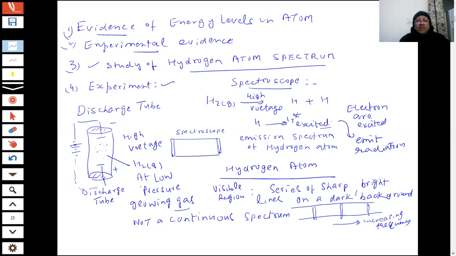Is it clear up to now what I said? What I am studying is the hydrogen spectrum. In a discharge tube you apply high voltage at very low pressure. There is emission of certain wavelengths of radiation. We pass the radiation through a spectroscope and get the lines. What we obtained was a line spectrum, not a continuous spectrum. This is a point to be noted. Okay? Have you noted all this? Yes, sir.